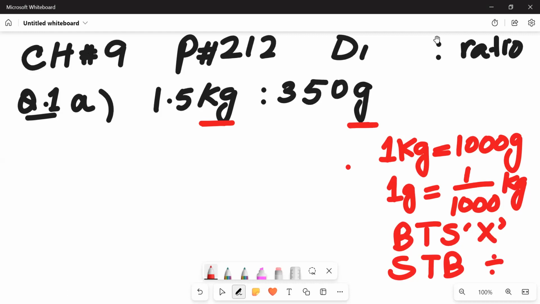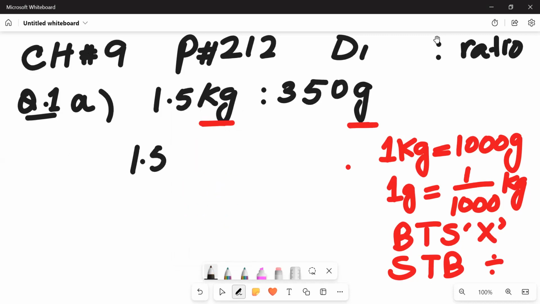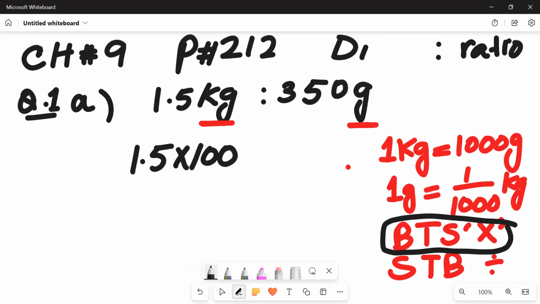Now in this question we have to change kg into gram. So for changing kg into gram, what we will do, we will multiply. This is the kg, so we are changing bigger into smaller, so we will multiply it with 1000. So we can change this into gram,